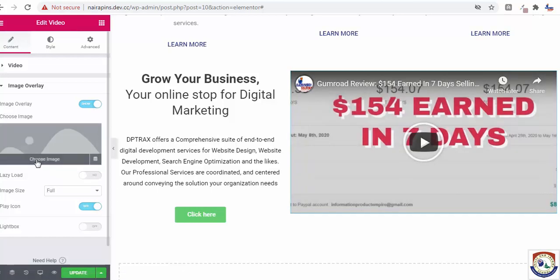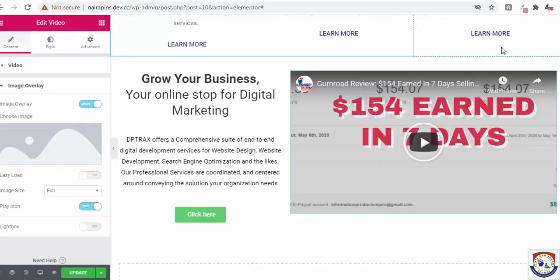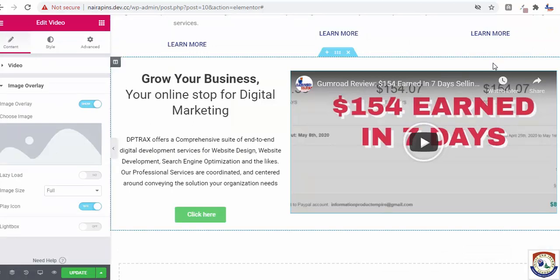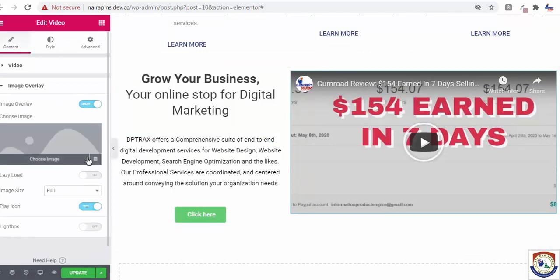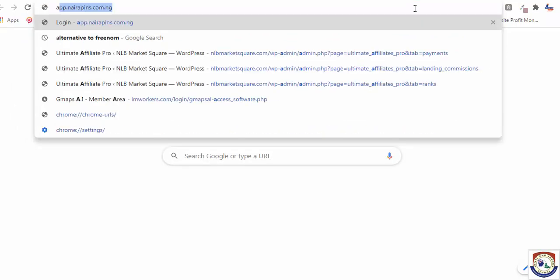Okay, let's see if we can overlay this. Choose image. So let's experiment something. Let's see if you can overlay. Let's go to Google and just type maybe laptop.